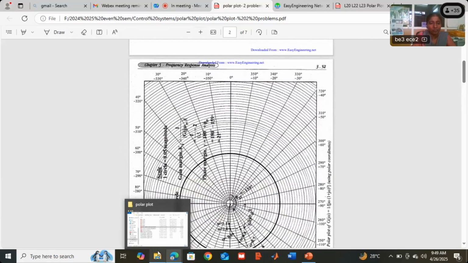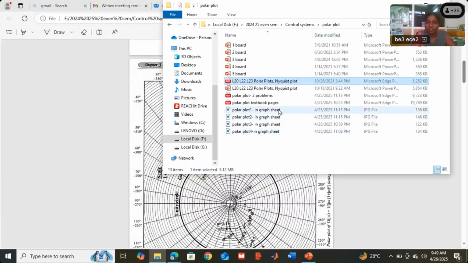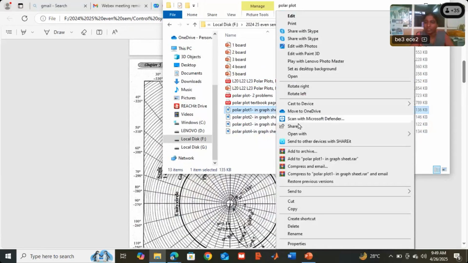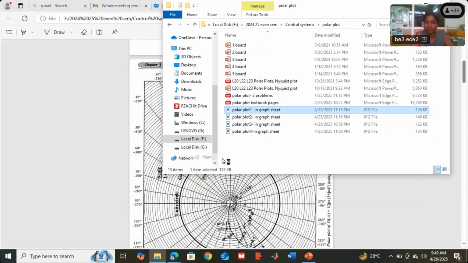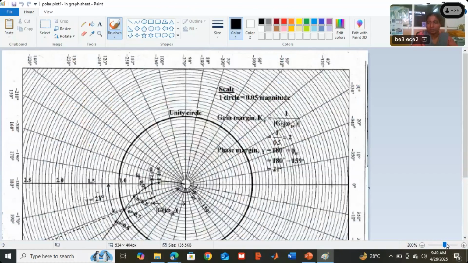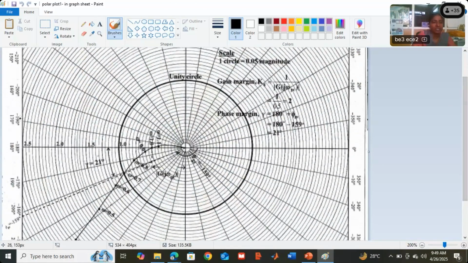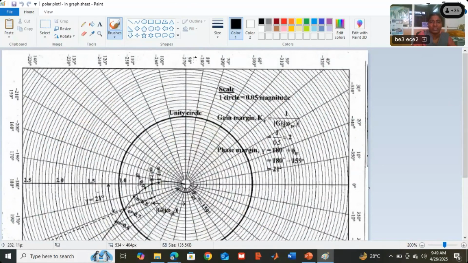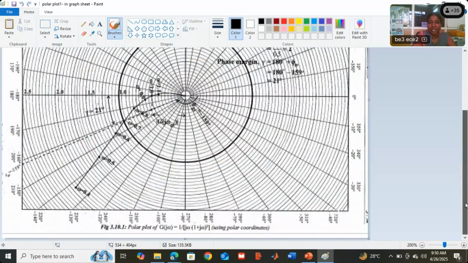But I will not leave you like that, sometimes I am very rude. So I have rotated the graph sheet. Now you can see on the right side I have put 0 degrees, which is positive x-axis. Left side it is 180 degrees, negative x-axis. Then plus 90 means positive y-axis. Anti-clockwise means positive angle, clockwise means negative angle. So plus 90 or minus 270, one and the same. And negative y-axis, clockwise means minus 90, anti-clockwise means 270.